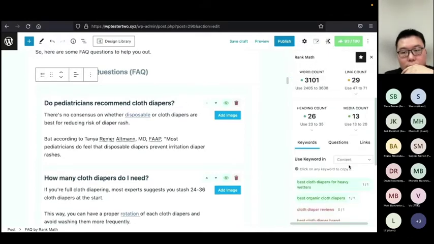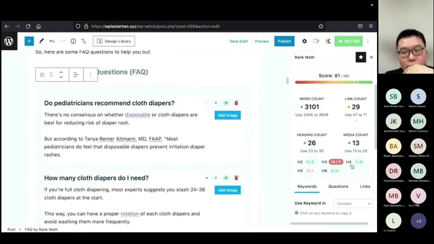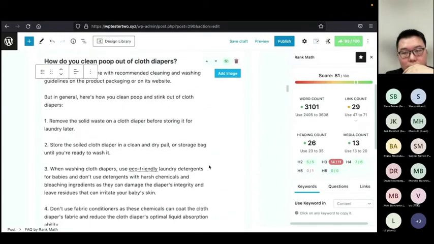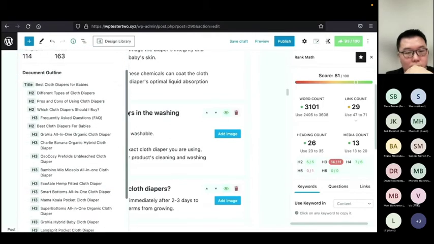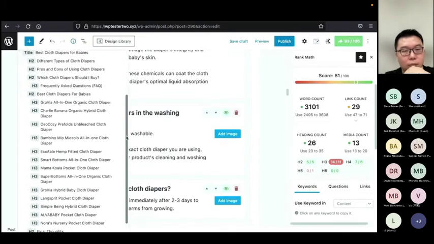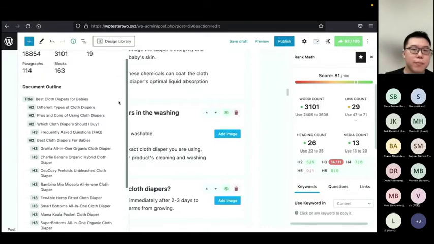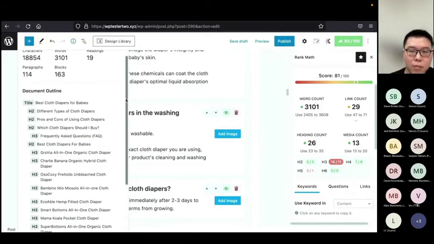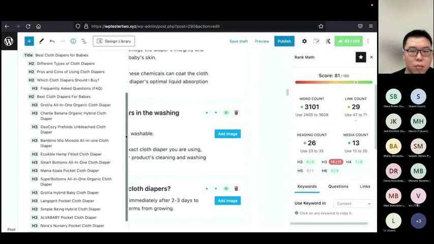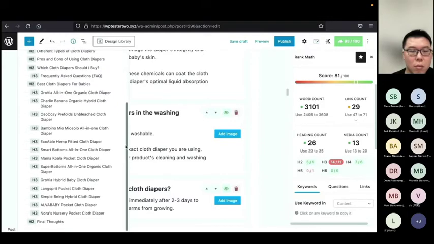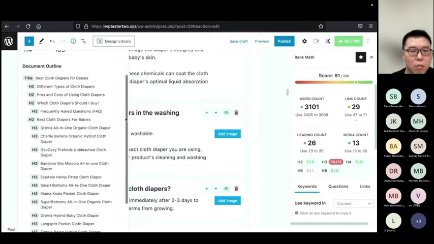Let's head back to Content AI. We have drastically reduced the H3. From here, I don't think there is any other way to reduce H3. So from our article, it is inevitable that we have more H3 heading tags because we have more product recommendations and we provide a lot more depth to the topic. This is the best we can do for this optimization, in my opinion. In general, you do not need to follow the suggestions to a T. Make the effort to follow it, but if you can't, as long as your content makes sense and it is justified, then it is good to go.